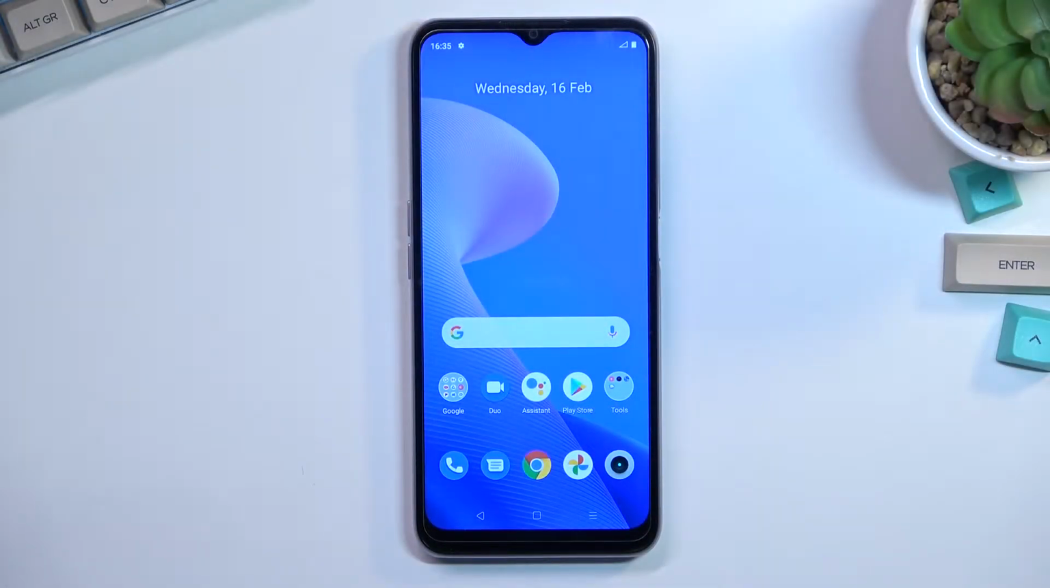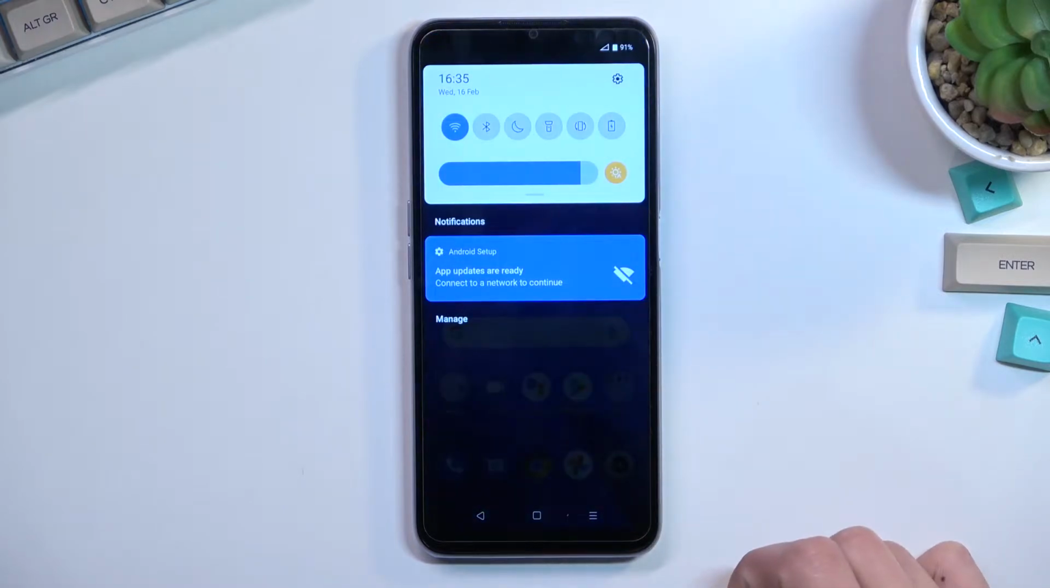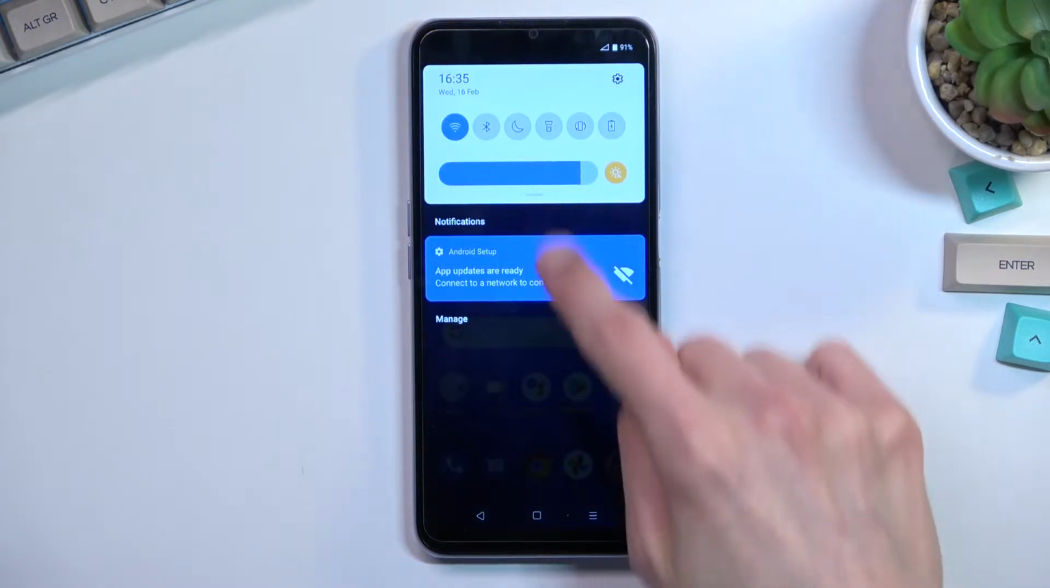Welcome. In front of me is a REALME C31, and today I will show you how you can enable the power saving mode. So to get started, simply pull down your notification panel, expand it,